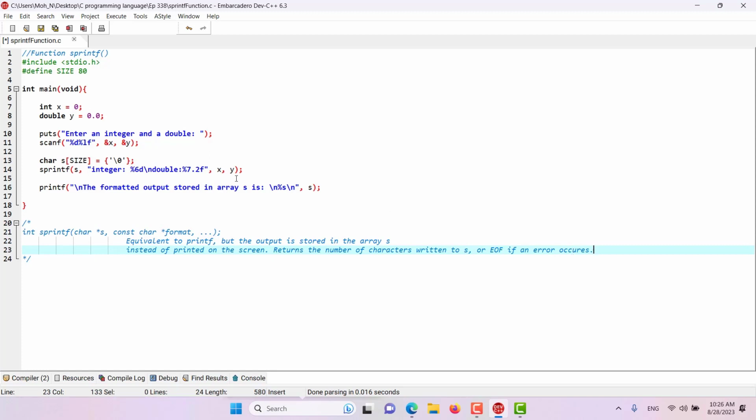So let's go and see an example for this function. Here in the main function, we have defined a variable x, an integer. We have also defined a variable y, a double, and we are asking the user to enter an integer and a double. And then we are going to store those integer and double values into these two variables. Then we are going to use this character array s,